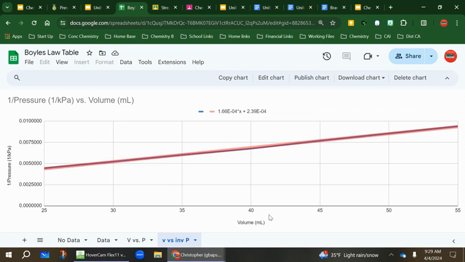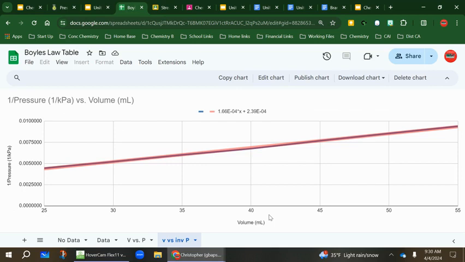What do we get? We get a direct relationship. But more important than a direct, we get a constant because the line is straight. And now because we get a constant, ladies and gentlemen, this becomes a very easy line to work with because any straight line